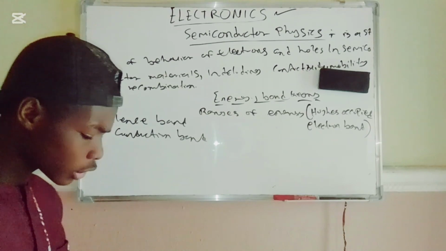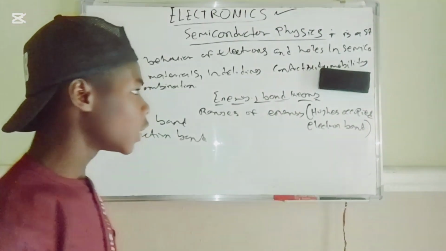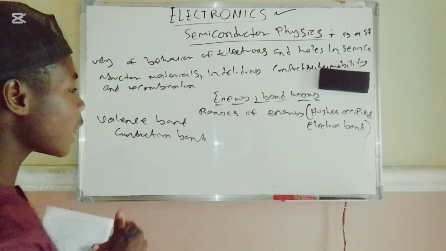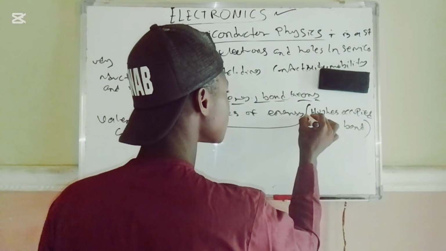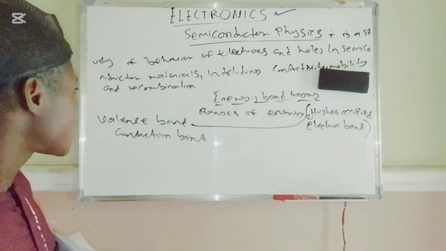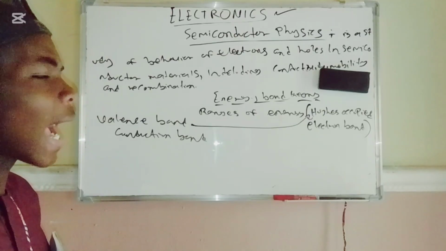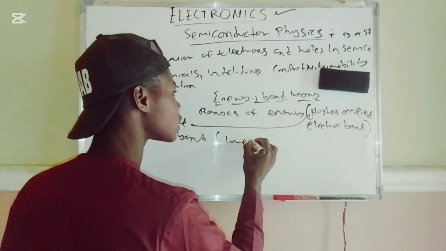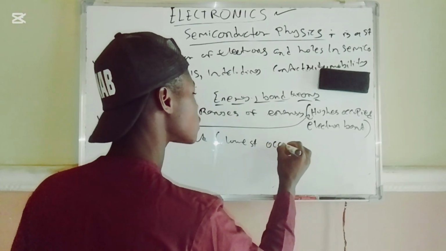So what is the conduction band? Sorry, this is under valence, because we said the valence band is the highest. So the conduction band is the lowest